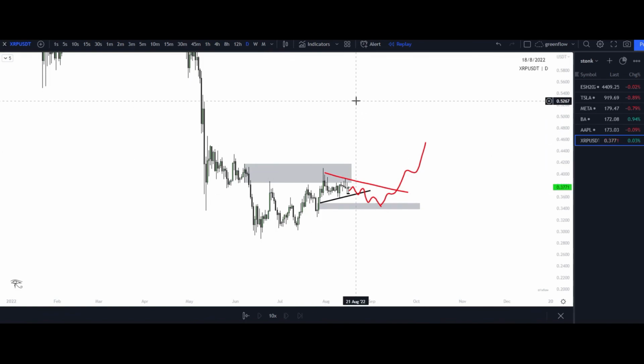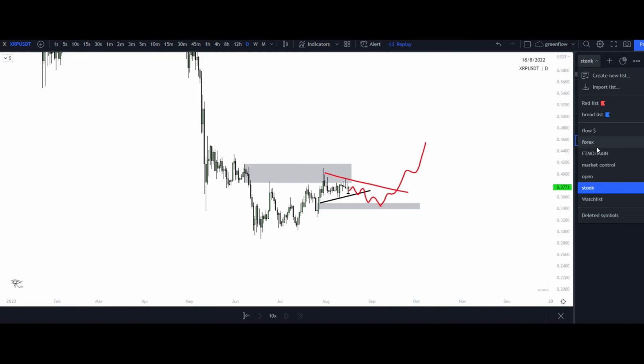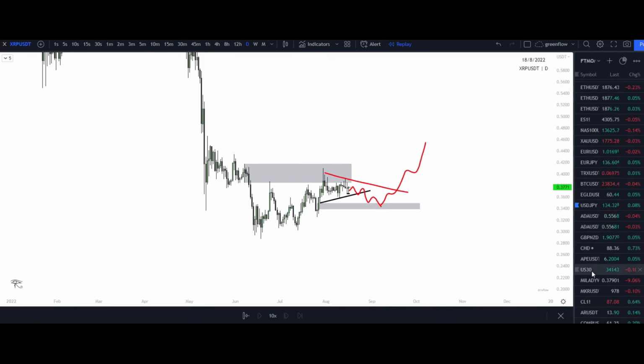LP Maker real quick. All the plays that are going to be coming out will be posted as far as sentiment goes, and I will post Bitcoin and ETH sentiment directly after too. So let's go ahead and take a look at Maker. I think I actually have it on this list.